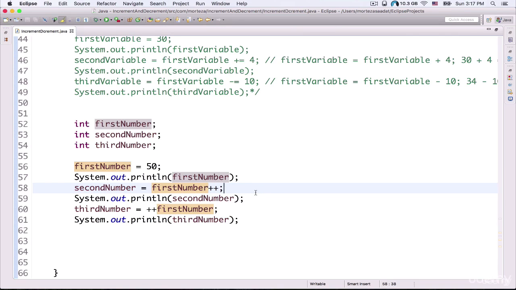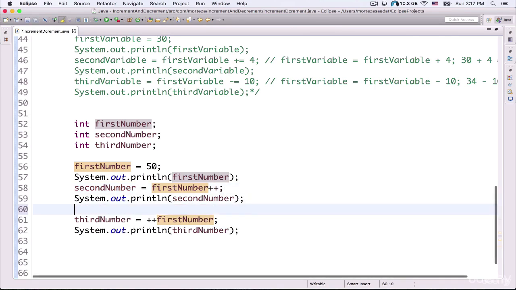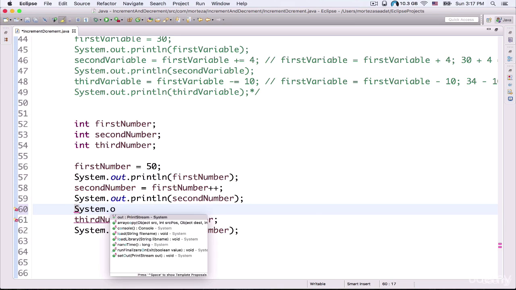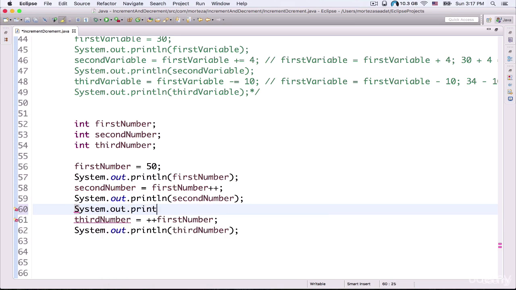So now, for example, in line 60, if I want to actually output the value of the first number variable to the console, let's see what happens. System.out.println, and then inside the parentheses, I just need to refer to the name of my variable. Okay, let me actually put a text here. This is the value of my first number